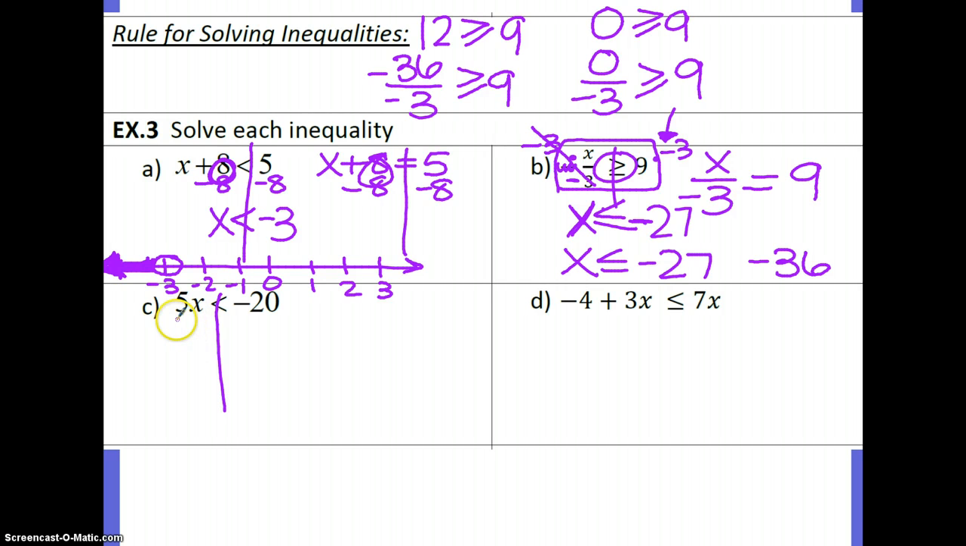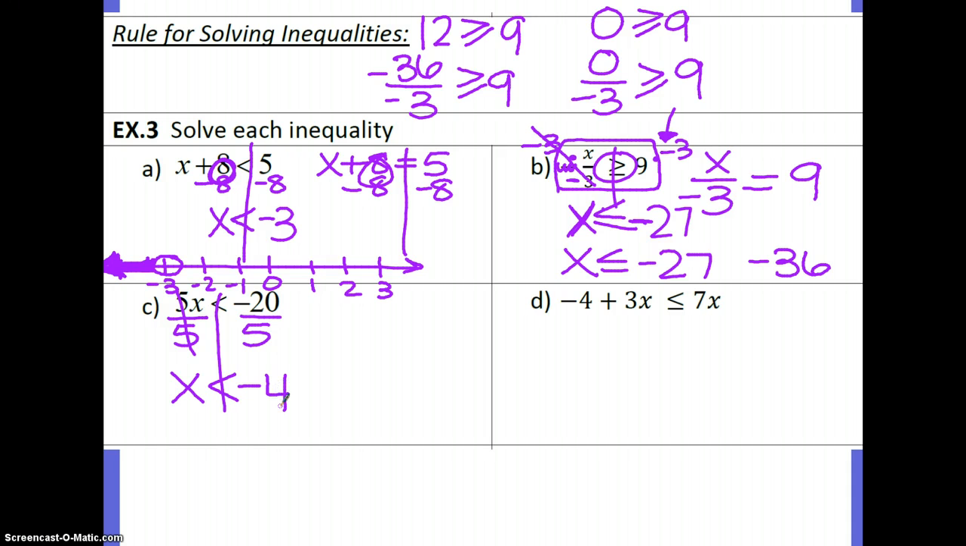5x less than -20, we divide by 5. Did I divide by a negative number? Well, the number I'm dividing by is the 5. The 5 is positive. I keep the sign the same. -20 divided by 5 is